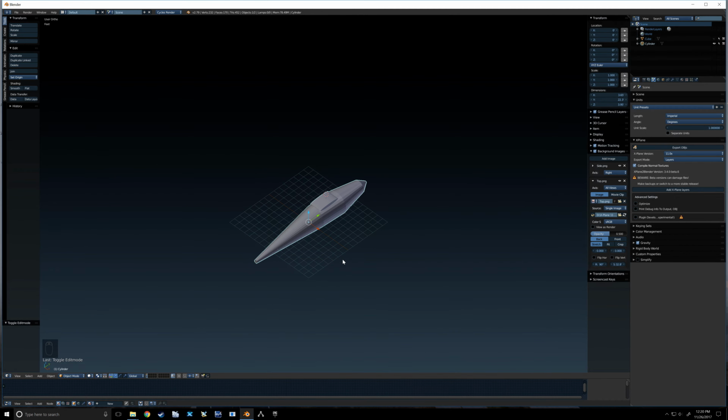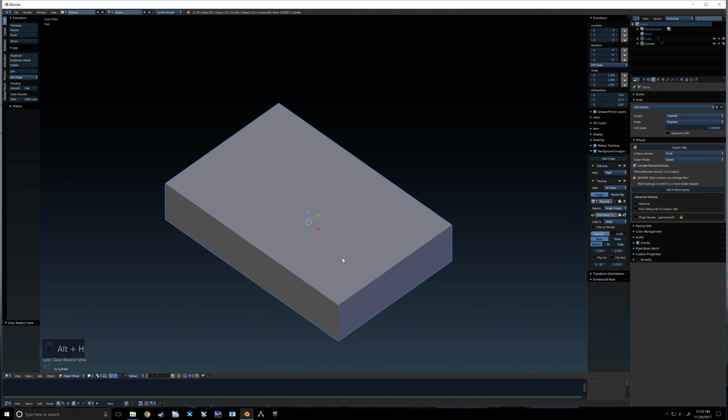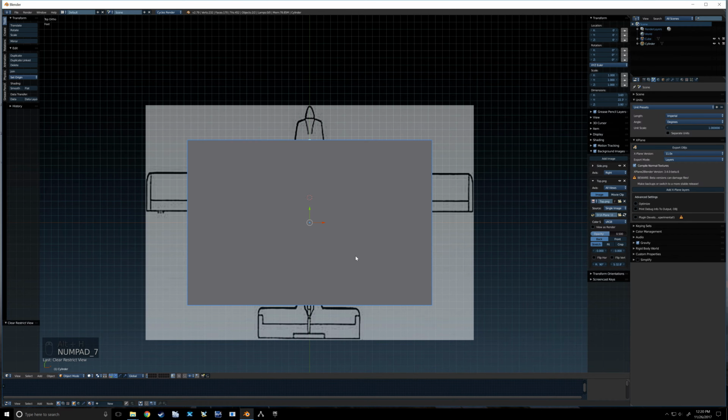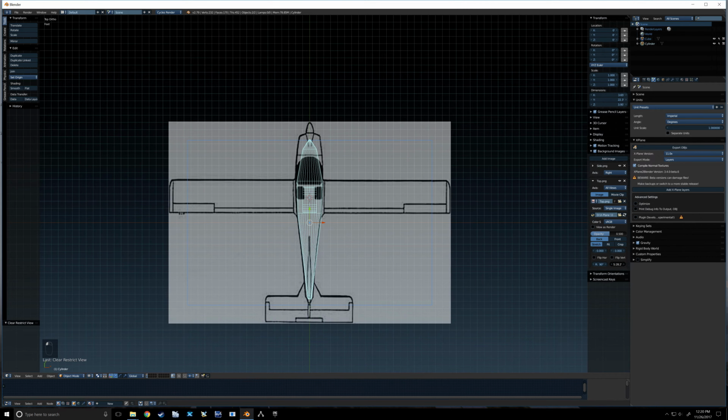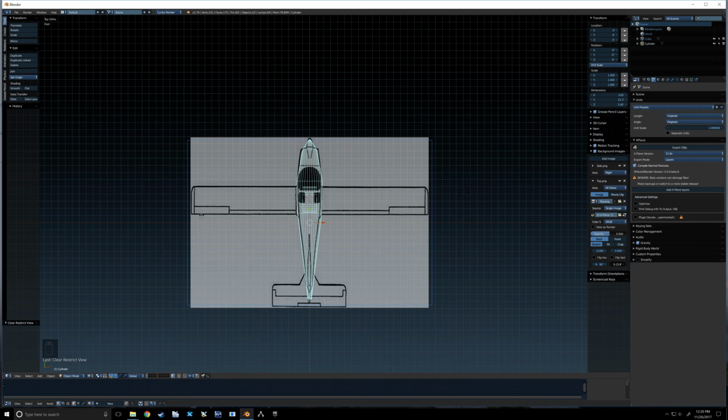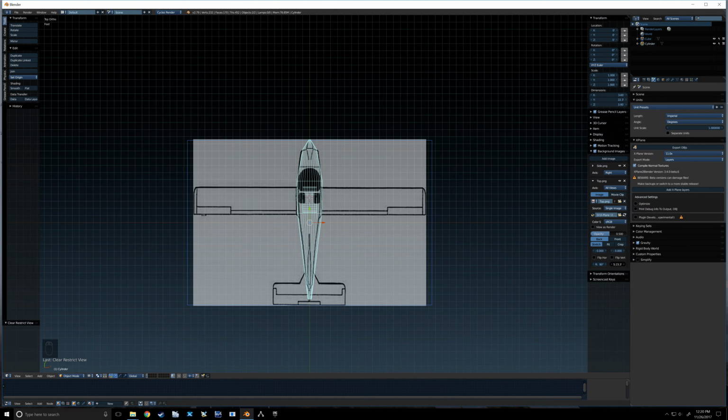That's right, I hit it. Alt-H to unhide that. Okay, see, so now we've got that, so now let's turn that back to wireframe. We've got our little outline, so let's scale our image. Okay, notice